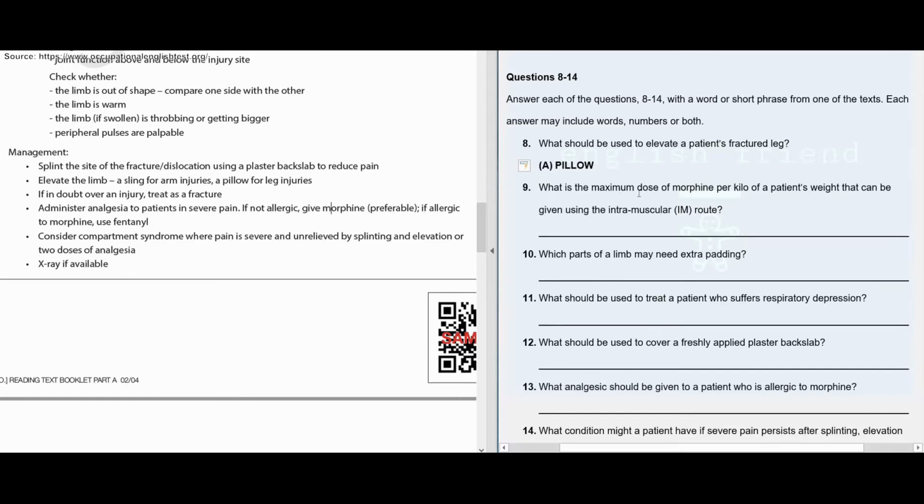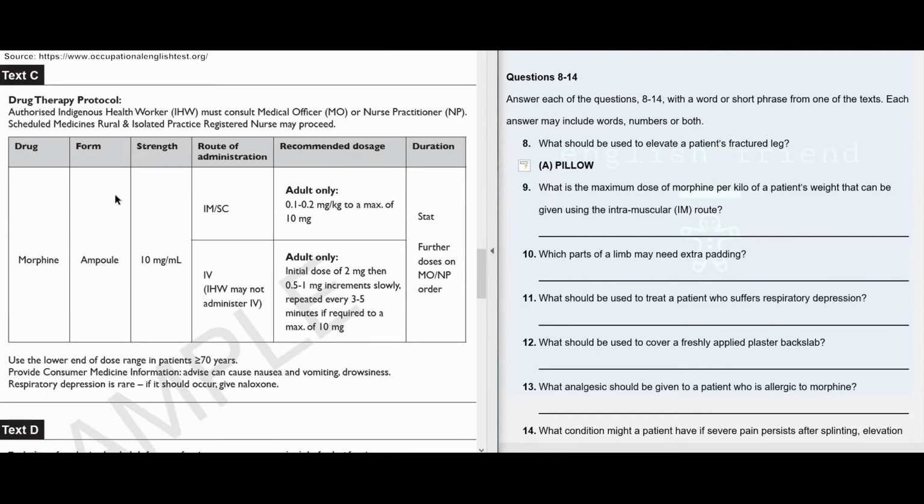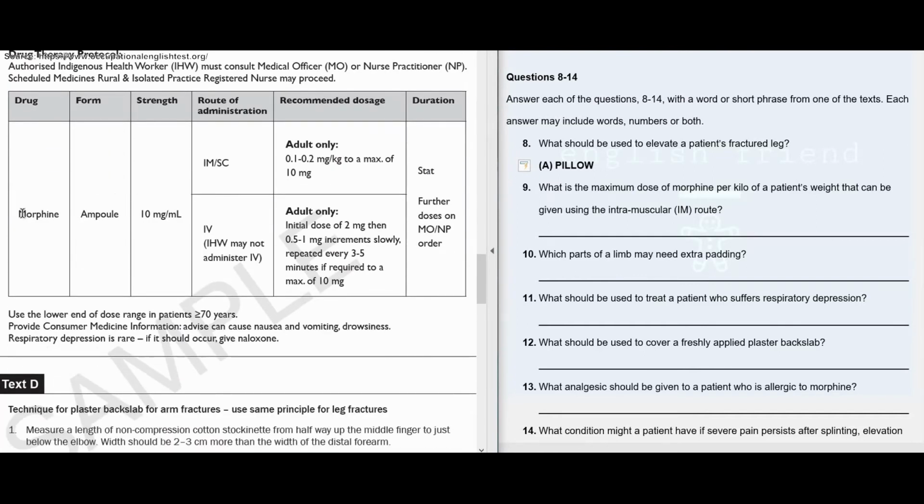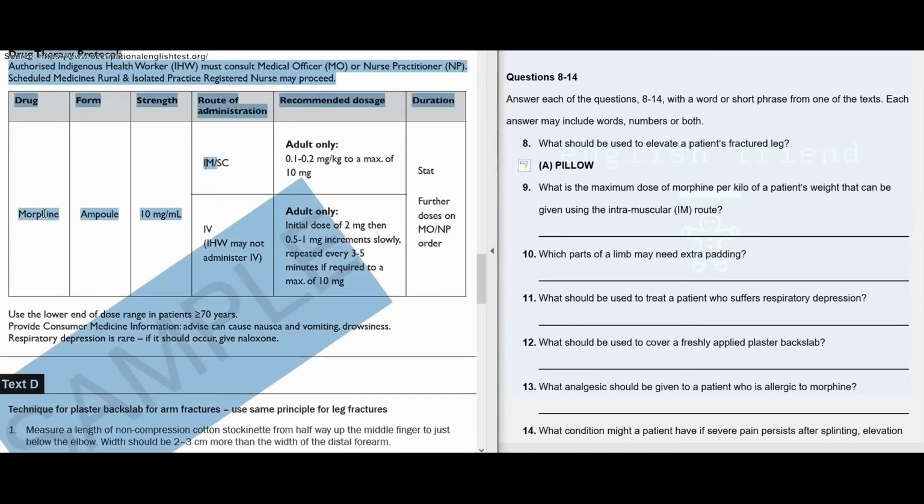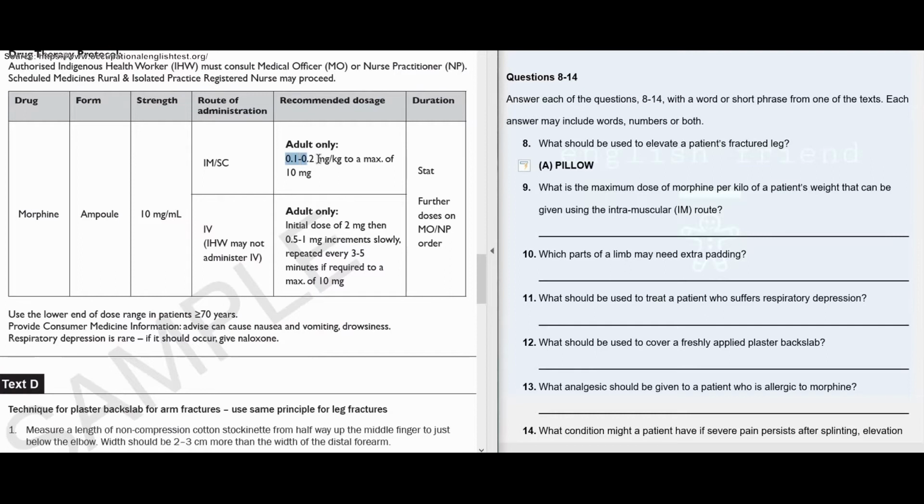Now question number 9. What is the maximum dose of morphine per kilo of a patient's weight that can be given using the intramuscular route? Since the question is about the dosage of morphine, it has to be in text C. And the drug they are talking about is morphine. Here you can find that, and the route of administration is IM. So here you will find the recommended dosage, which corresponds to IM and morphine. So that's 0.1 to 0.2 mg per kg to a maximum of 10 mg. So the perfect answer for question number 9 is 0.2